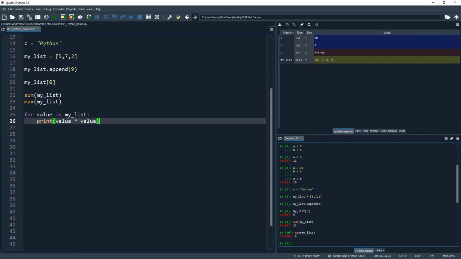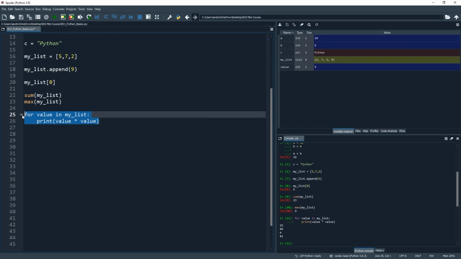And again, you're seeing this use of the colon and then the indentation on the line under that we saw earlier with our if-else conditions. And this just tells Python what should be part of the looping logic that we are applying. All right, so before we run this loop and see what it does, let's just take a note that the values in our MyList object are 5, 7, 2, and 9. So now we know that, let's run our loop and see what happens. So highlighting both of those lines and hit F9.